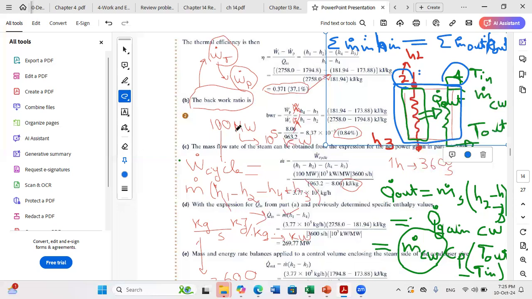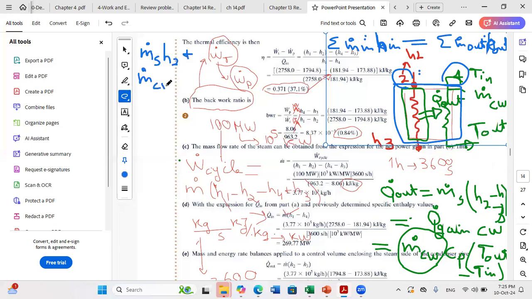Okay, so you can write first m dot of steam, which is the mass flow rate in the Rankine cycle, times H2, plus second inlet is for water, so plus m dot of cooling water